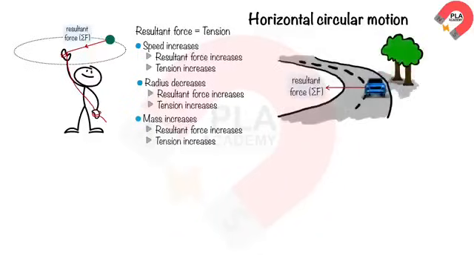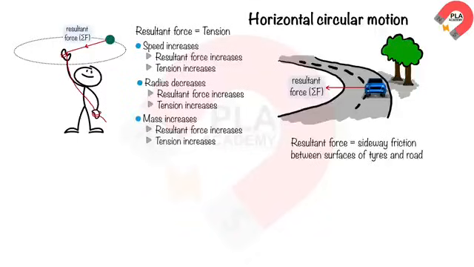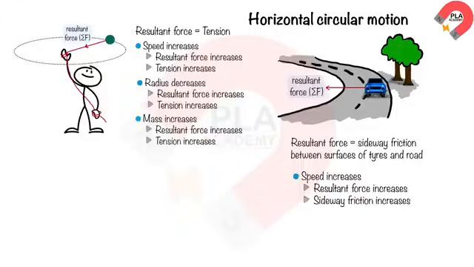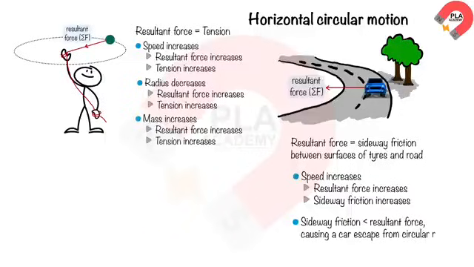A car is moving on a circular road. The resultant force, or centripetal force, is provided by the sideways friction between the surface of the car's tires and the road. If the speed of the car increases, the resultant force increases, which causes the sideways friction between the surface of the car's tires and the road to increase. If the sideways friction is not enough to support the resultant force, this causes the car to escape from the